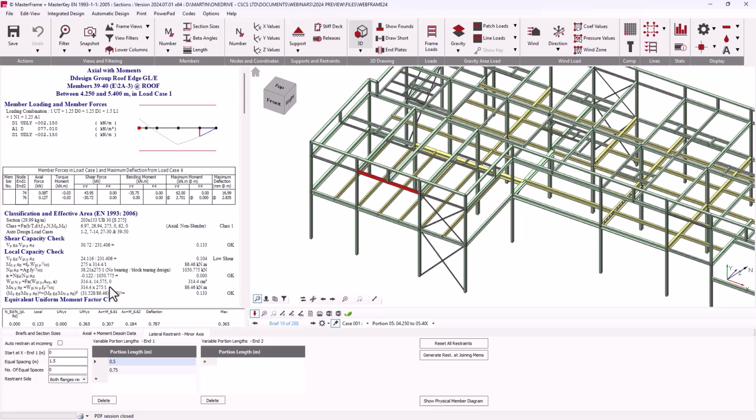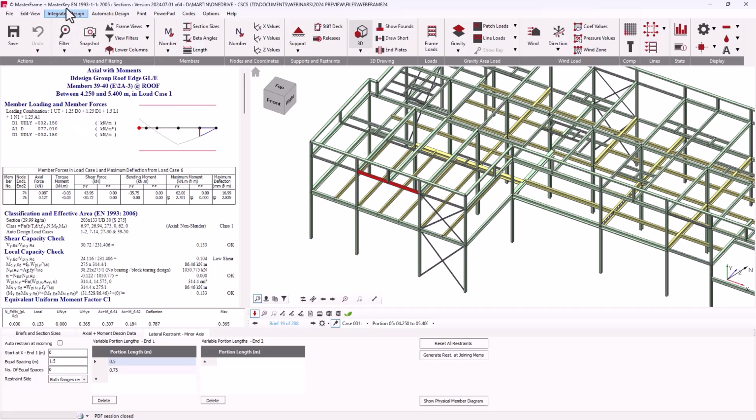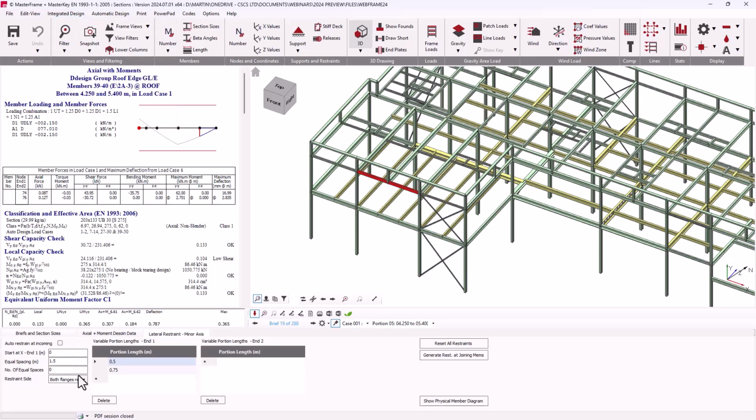Now, one of the things, as we mentioned, was the major step is the amalgamation of the steel axial with moment check with the previous unrestrained compression flange check, which you may have been familiar with knowing as the Appendix G or Annex BB, those being British Standard and Eurocode terminologies in equivalence. Those 2 checks now have been merged into one. So the unrestrained compression flange check is still there as a legacy check because it still obviously will be in your old files. And whereas now those 2 checks going forward, really, there'll be no need to apply that check,